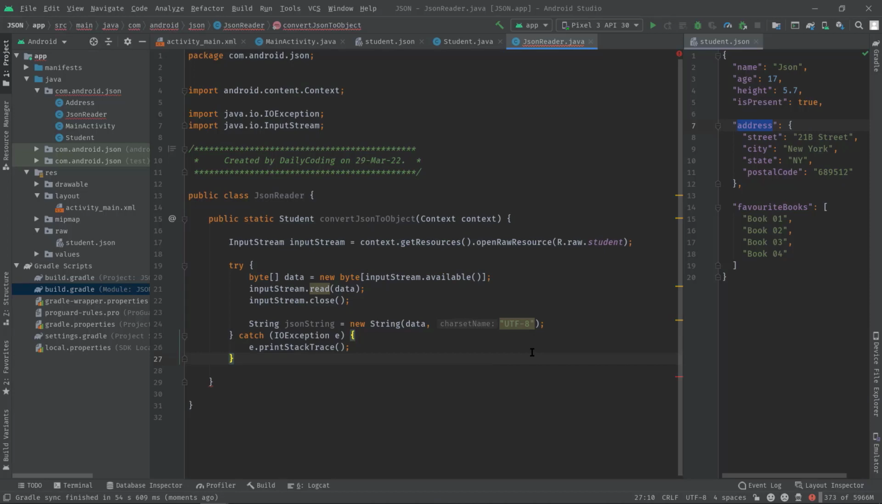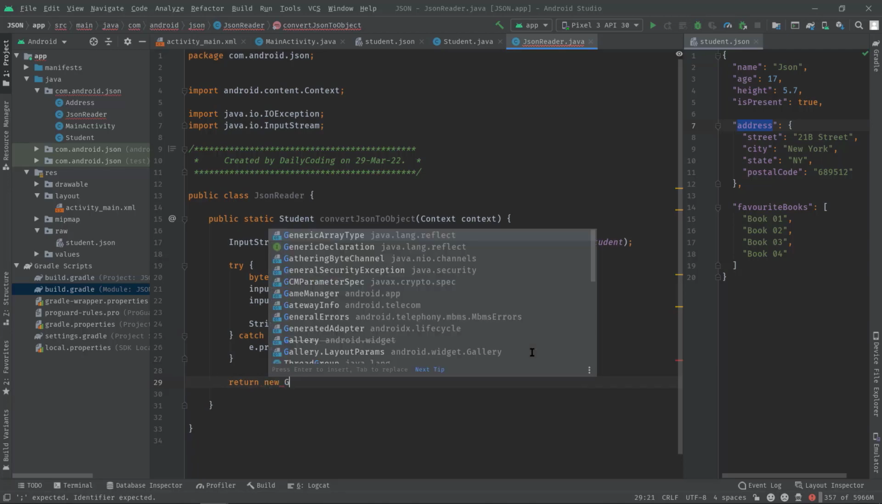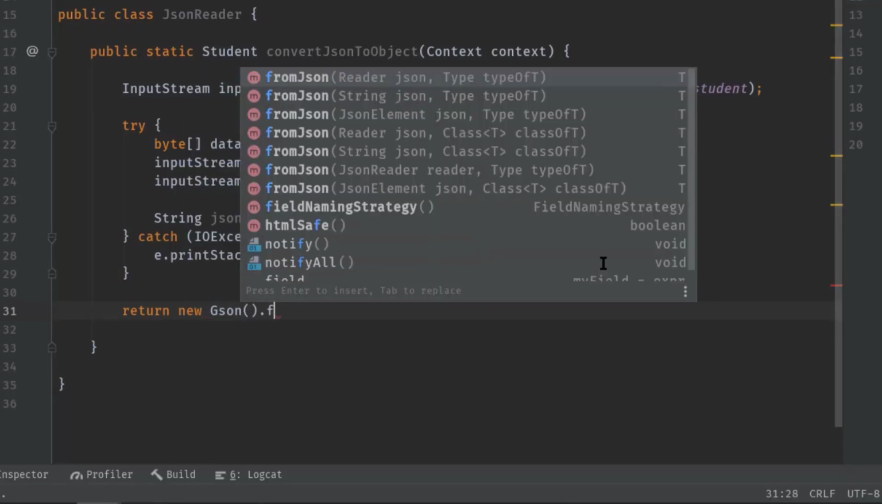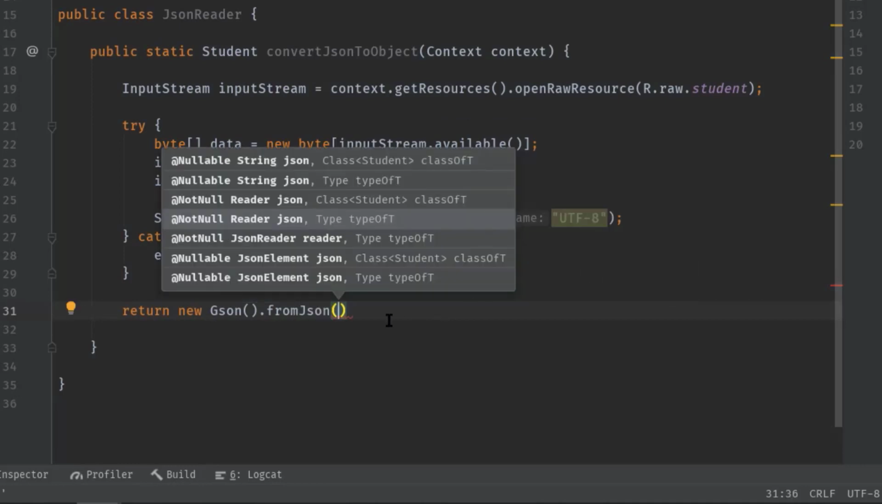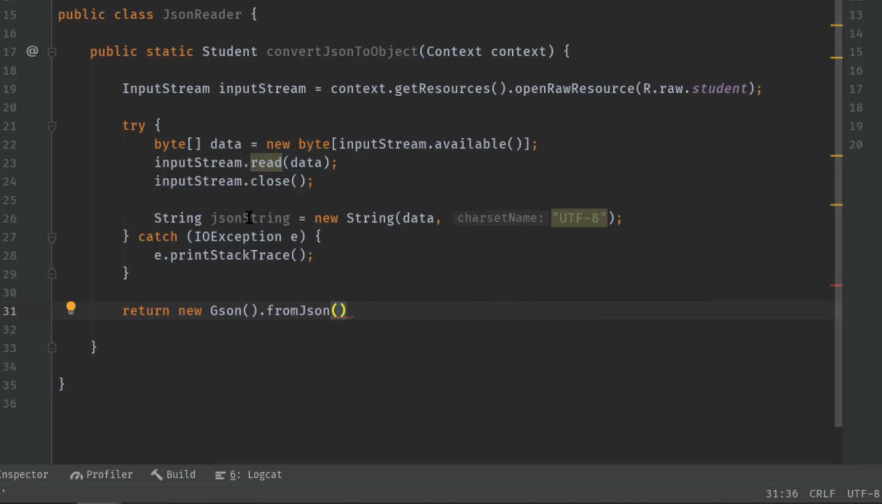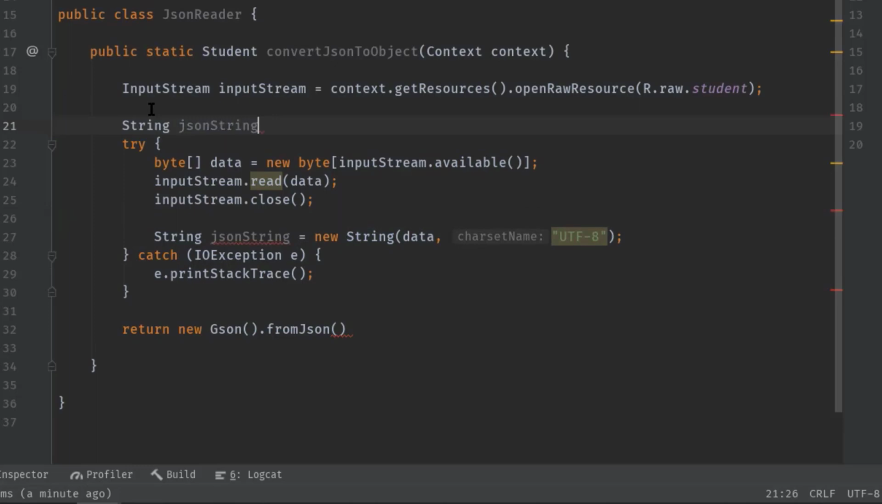Okay, now at the end of this method, we can call return new JSON dot from, then pass this JSON string. So this variable should be declared outside of try catch block, just like this. Now we can pass JSON string,